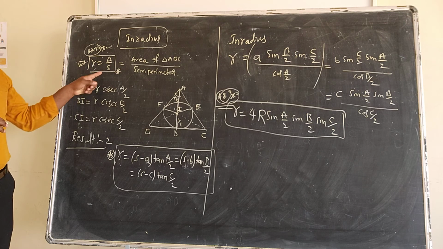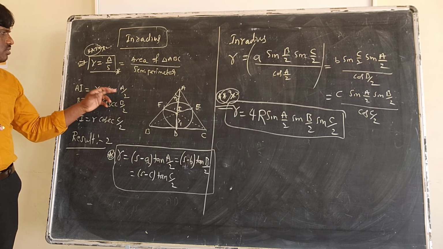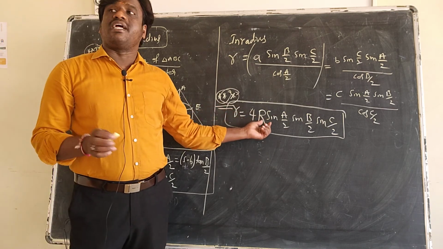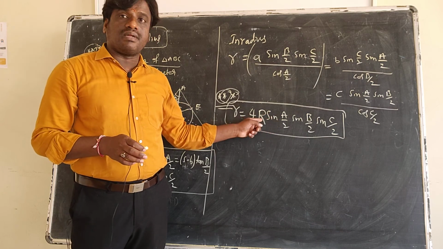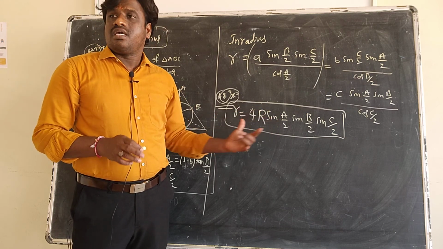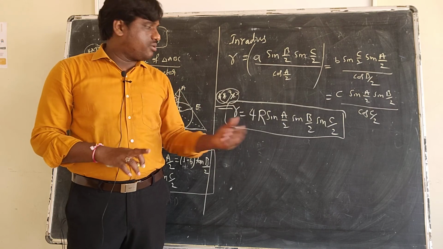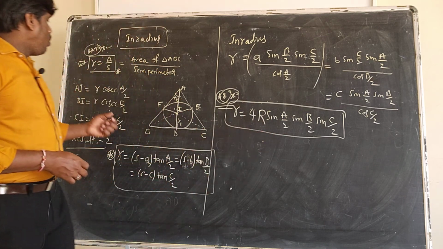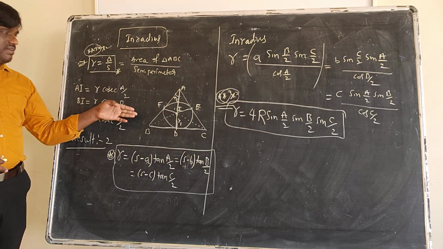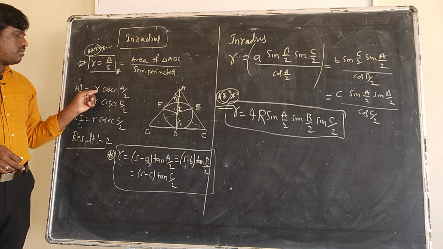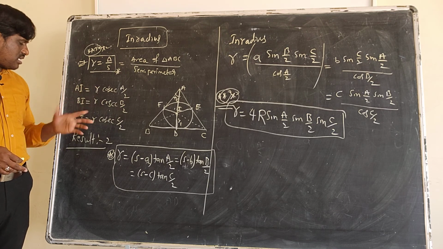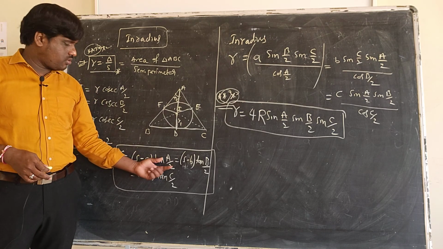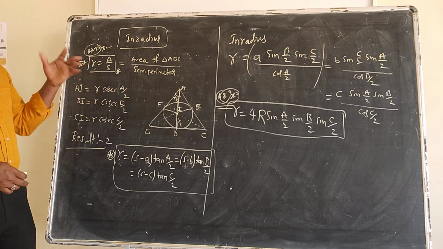Look at the question: here is an angle given or not given? If angle A by 2 is given, apply this one. If they give capital R, meaning circumradius, and an angle, then use this formula. Angles are given, circumradius given, use this formula. Only one angle is given and the length of the side is given, so use this formula. However, whichever formula you get, you can use.